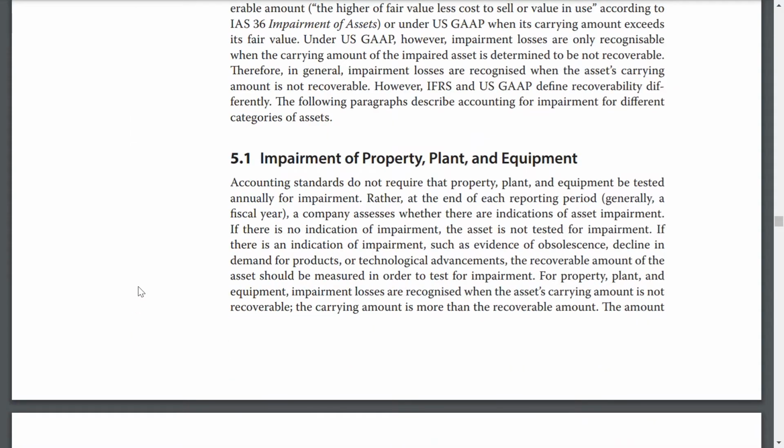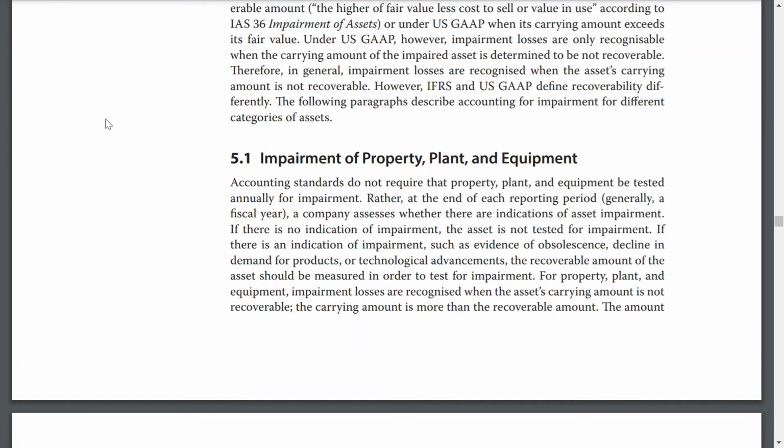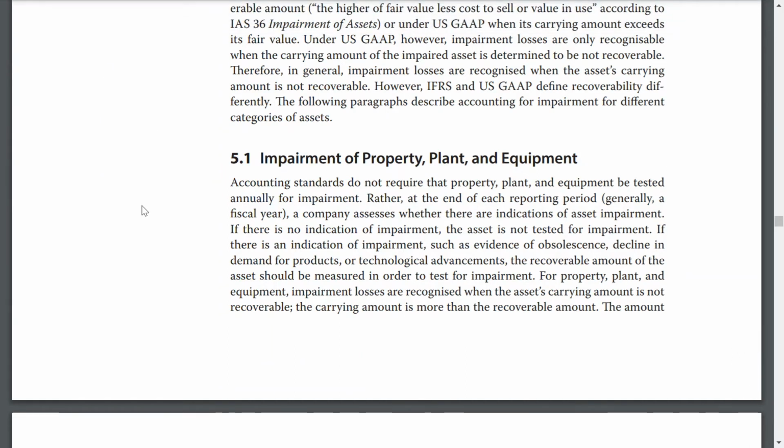Impairment of property, plant, and equipment. Accounting standards do not require that property, plant, and equipment be tested annually for impairment. Rather, at the end of each reporting period, a company assesses whether there are indications of asset impairments. If there is no indication of impairment, the asset is not tested for impairment. If there are indications of impairment, such as evidence of obsolescence, declines in demand for products, or technology advancements,